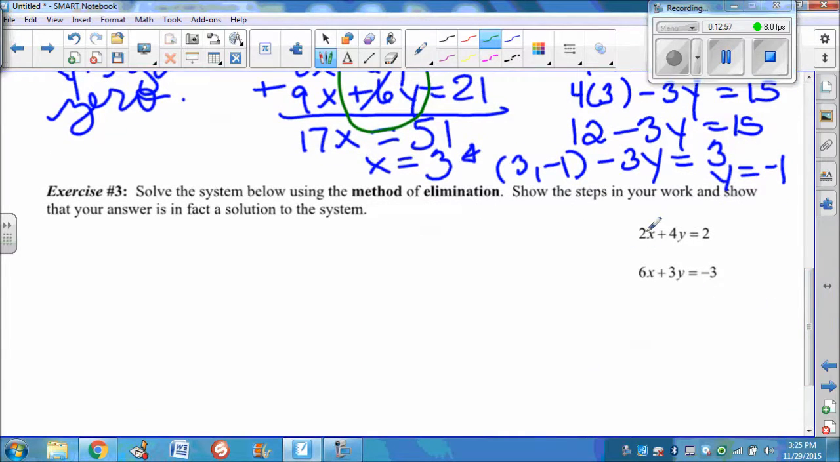So when I examine these x's and these y's, I say to myself, I probably could multiply this equation by a -3, because then what happens? So when I distribute that -3, I end up with,